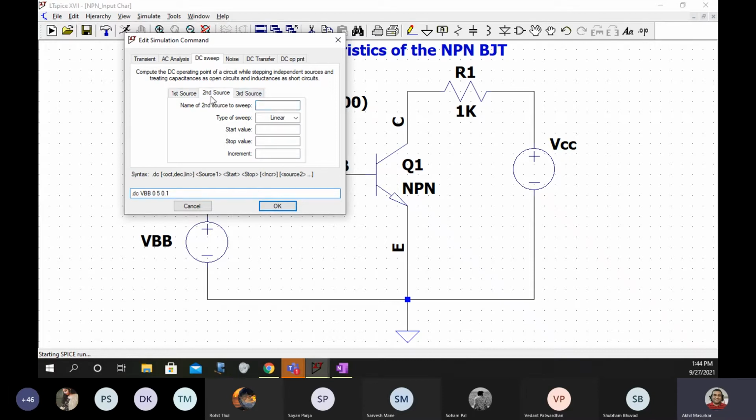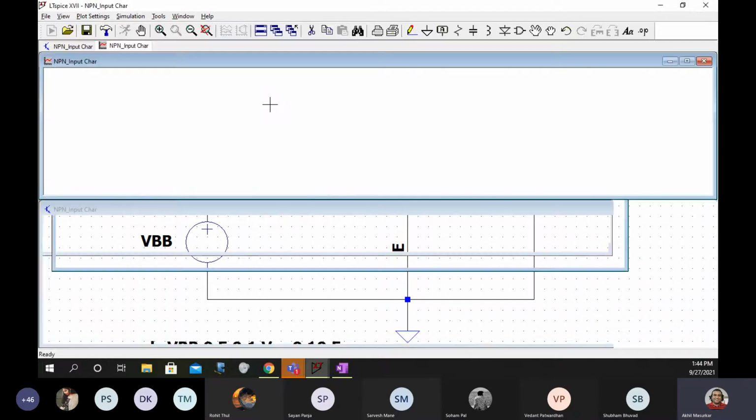So here I will go to the second source. Here I will type VCC. Start value 0, stop value 10, and you can increment by 5 volts, and then you can say OK.